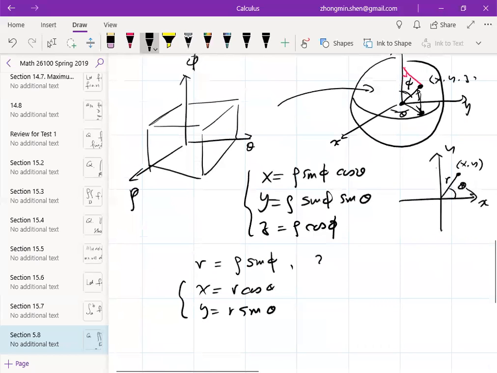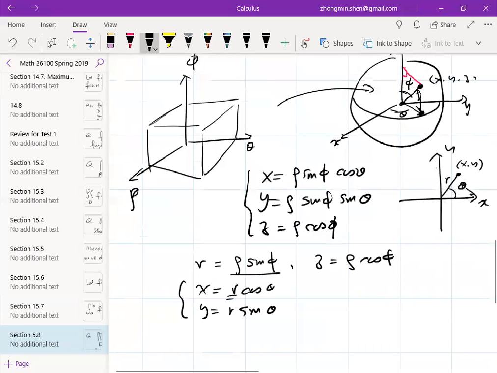Here z is going to be rho cosine phi, because the cosine value times rho tells you the height of that point in space. So r can be replaced by this, and then you get the above map. I'm trying to help you understand the map. All right, so now you have a three-dimensional